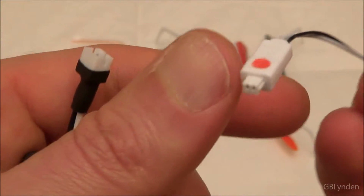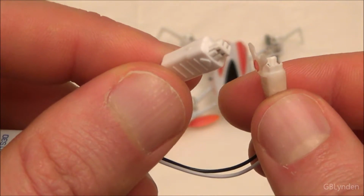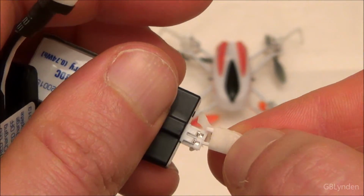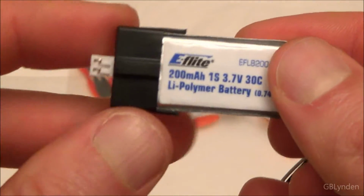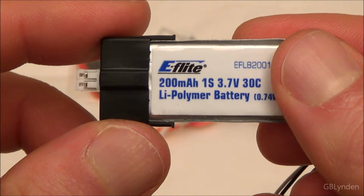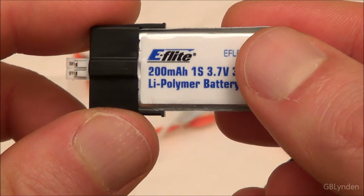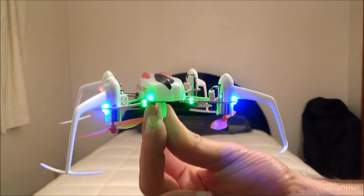I was hoping I could plug this little adapter that I got with my UMX B17 and plug it into my 4-port charger, but it didn't work because it's not the right size plug. It took about 20 minutes to charge this up, and now we're gonna give this thing a test flight and see how it goes. Here is a look at the lights